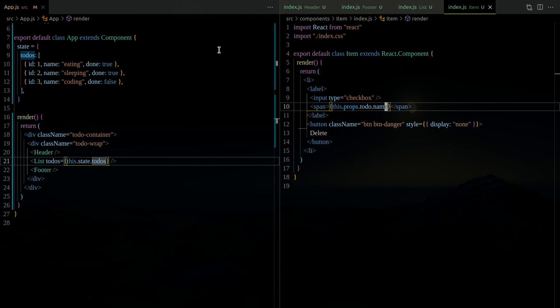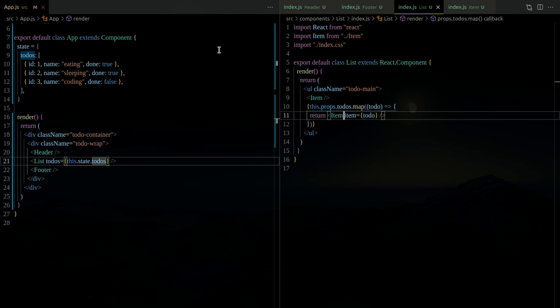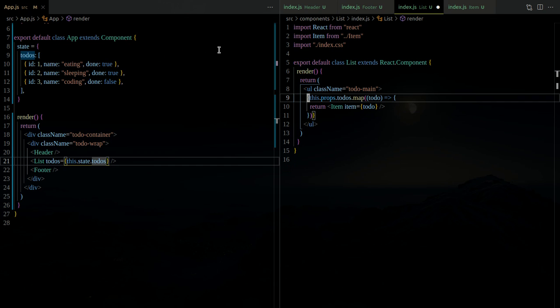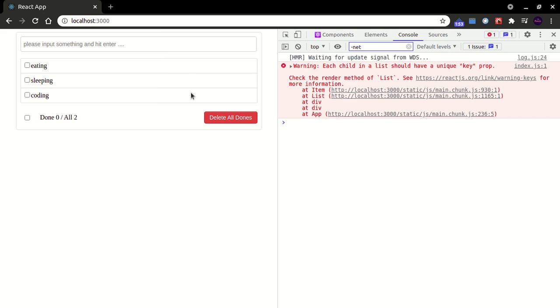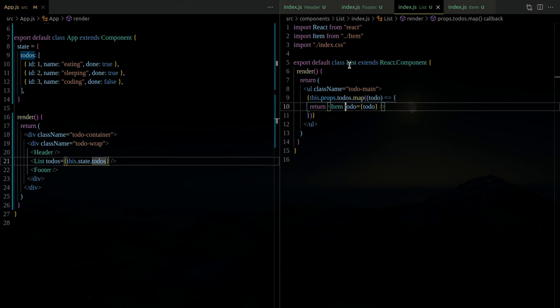So okay, in the list we need to return item. Oh, okay, todo, right? Yep, eating, sleeping, and coding. Of course, each child needs a unique key. Yeah, of course. So key, because we have ID, so we just use ID instead of